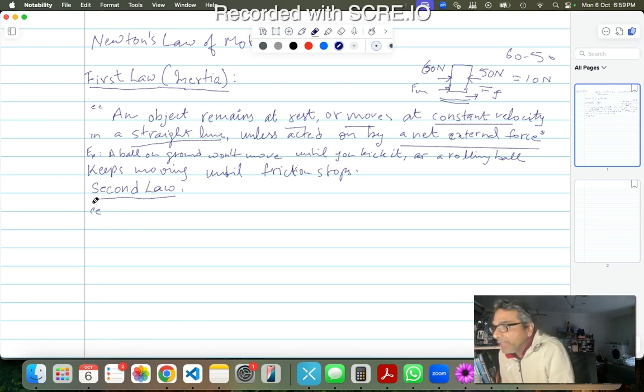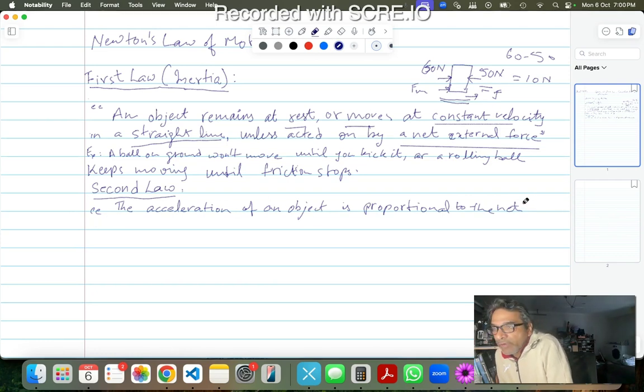Yes. What does that mean? That means, the acceleration of an object is proportional to the net force. Again, the keyword is